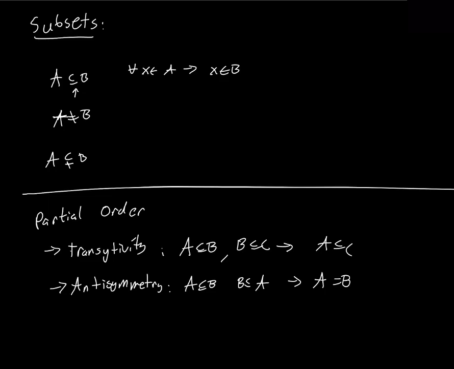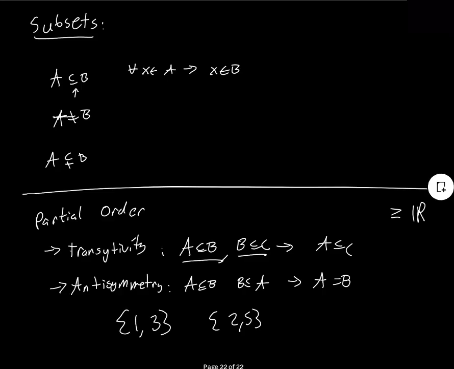All right. So why is this called a partial order? And that is because it's not a total order, right? So we have some sort of ordering, where clearly C is like the greater of A. But we can't compare any 2 sets. For example, I can't compare {1, 3} and {2, 5} because neither is a subset of the other. What would be an example of a total order is greater than or equal to on the real numbers because I can compare any 2 real numbers like that. All right, so that's subsets.